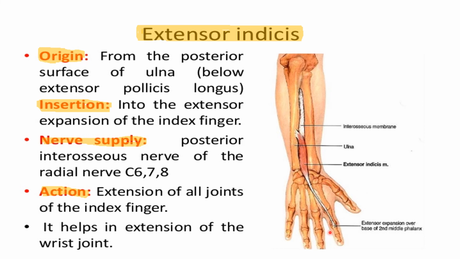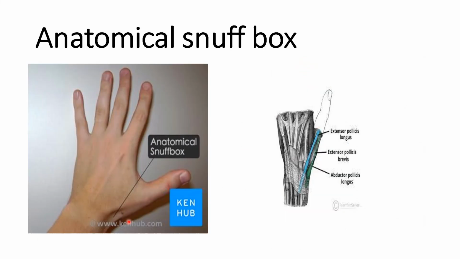So a gap is created between the tendons of extensor pollicis longus and extensor pollicis brevis and abductor pollicis longus. Okay, this gap is known as the anatomical snuff box. Later you study it in detail. At this stage only just remember that the tendons of abductor pollicis longus, this is the abductor pollicis longus, and extensor pollicis brevis